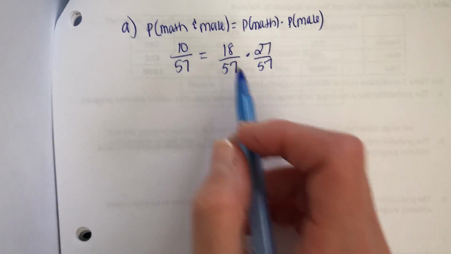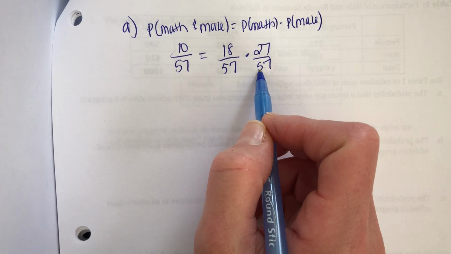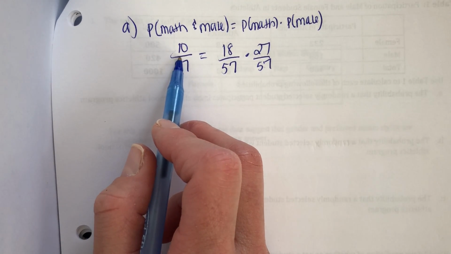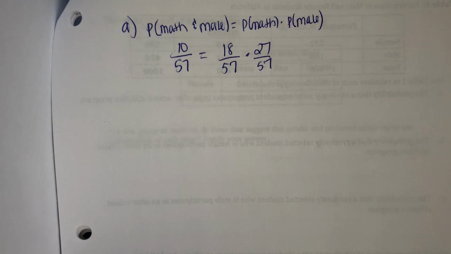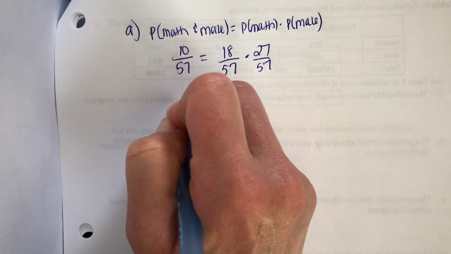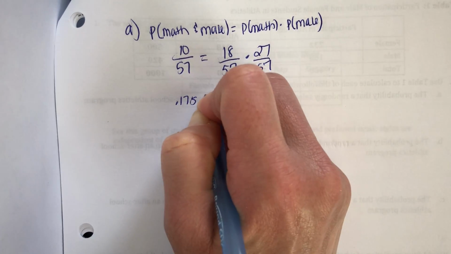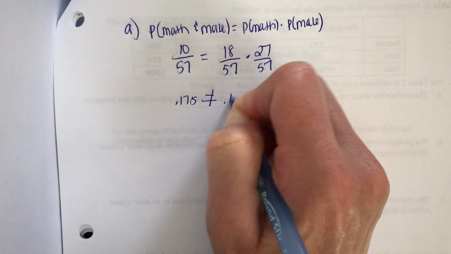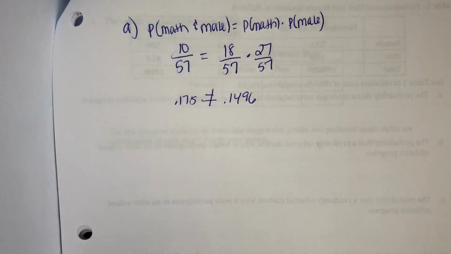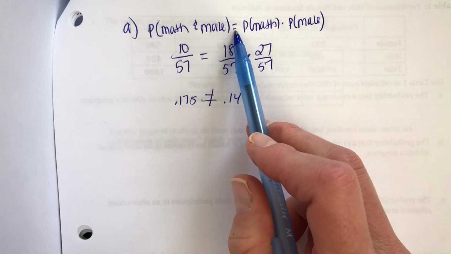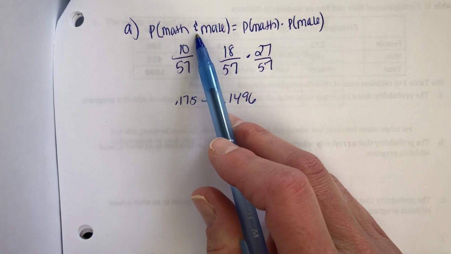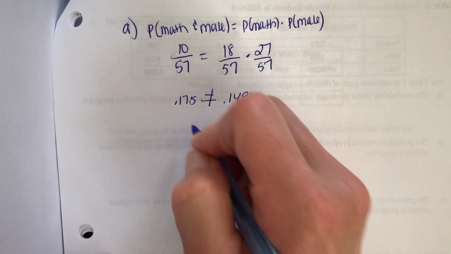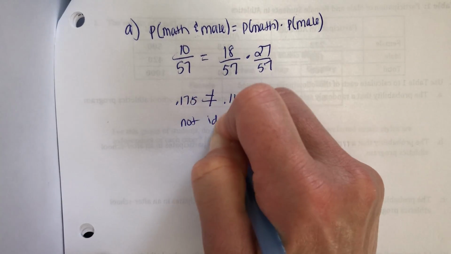You just multiply these two fractions, look at the decimal, and see if it equals the decimal value of this. So if you put this in your calculator, you get 0.175-ish. And it would not equal what you get over here, which is about 0.1496. Since they don't equal, the right side doesn't equal the left side, they are not independent